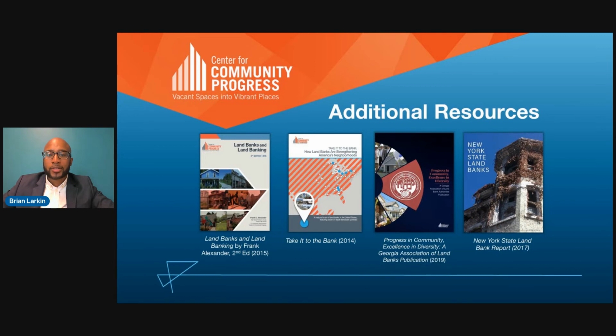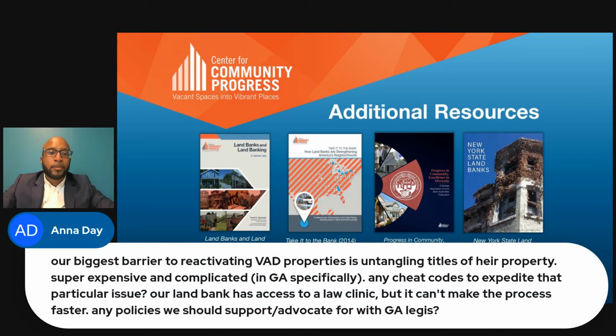So the next one we have here: our biggest barrier to reactivating bad properties is untangling titles of heirs properties. Super expensive and complicated in Georgia specifically. Need cheat codes to expedite that particular issue. A land bank has access to a law clinic, but it can't make the process faster. Any policies we should support, advocate for with Georgia legislation? And so, Anna, I will happily connect you